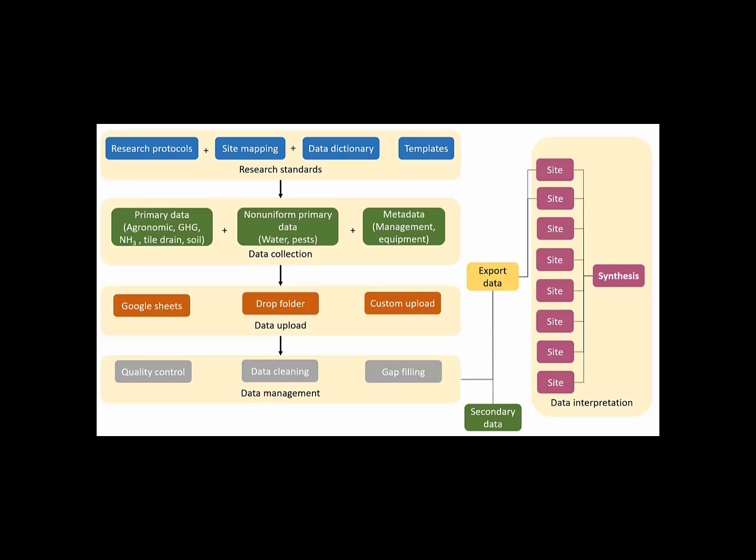And then the data collection, we identified how we were going to do that, and we established a Google Drive with data collection forms that took a little bit of time to figure out, but after the first year, everyone said that these Google Sheets and the way to upload the data was much more convenient and easy to do, and everyone knew what they were supposed to put in. And these data are then still available, of course, for all of the primary data sites, but we then have the ability to synthesize and get information across sites